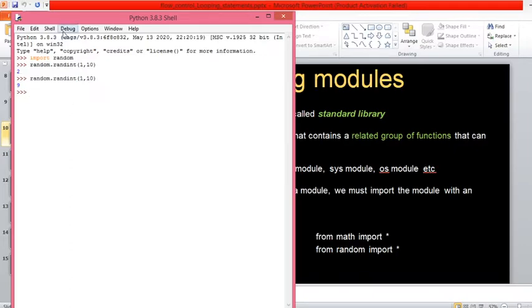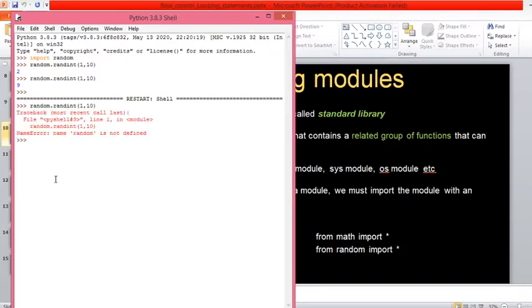Okay, now I'll show you another way. For example, I'll restart the shell here. Now if I try to execute random.randint, since I restarted the shell, the previous import will not be available. Now if I again write this function, look at what it is showing. Error.